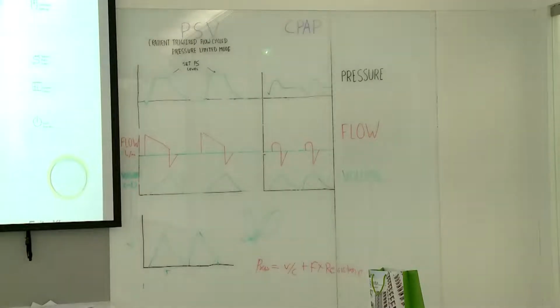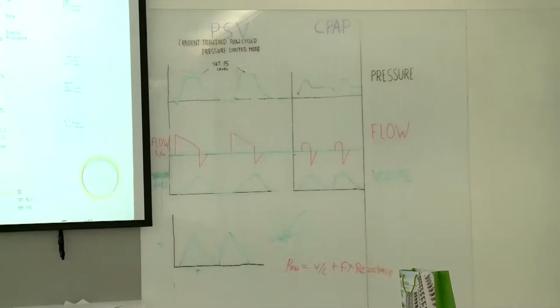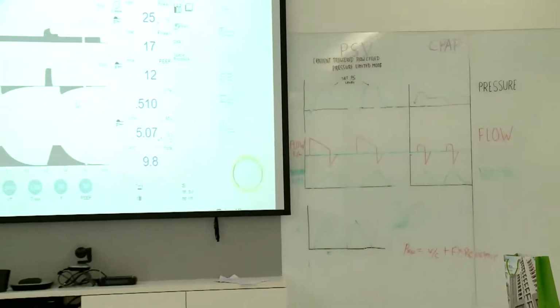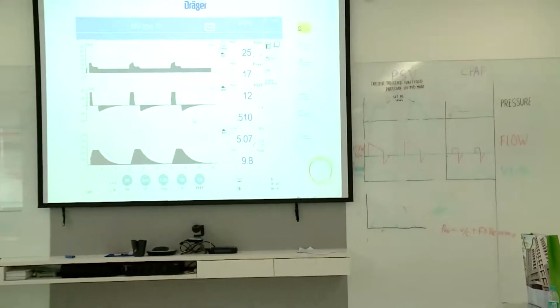And what is CPAP? Continuous positive airway pressure. Here we give a uniform baseline pressure, 5 centimeter of water. You can see this is the baseline and the patient is breathing above the baseline. The patient is expiring and inspiring at a baseline pressure of 5 centimeter of water, so the lungs are not coming back to zero. He is not breathing at a pressure of 0. That's why the work of breathing will be less.